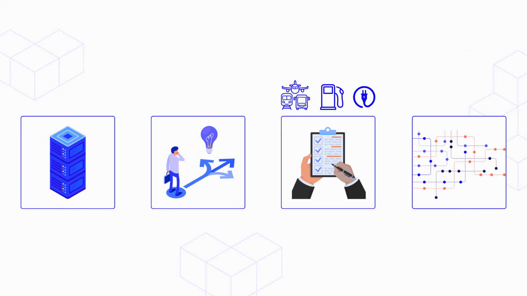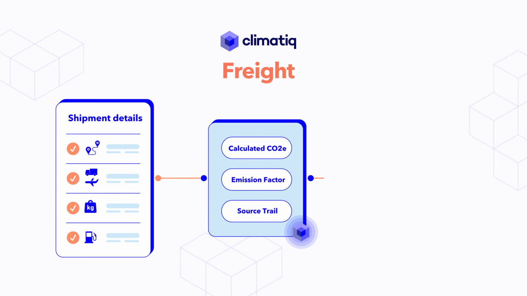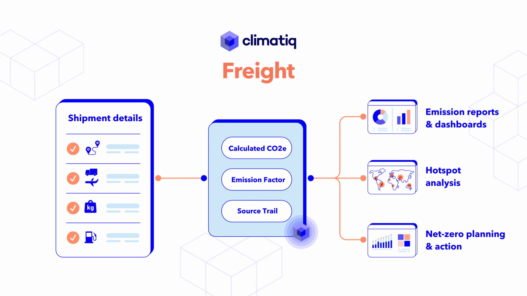without carbon accounting expertise. Climatiq's Freight feature is an API that automates this calculation process, offering a flexible back-end calculation engine for enriching transport data with trusted carbon emissions estimates. These insights can be integrated into software solutions and surfaced across logistics operations, empowering teams to make informed decisions with